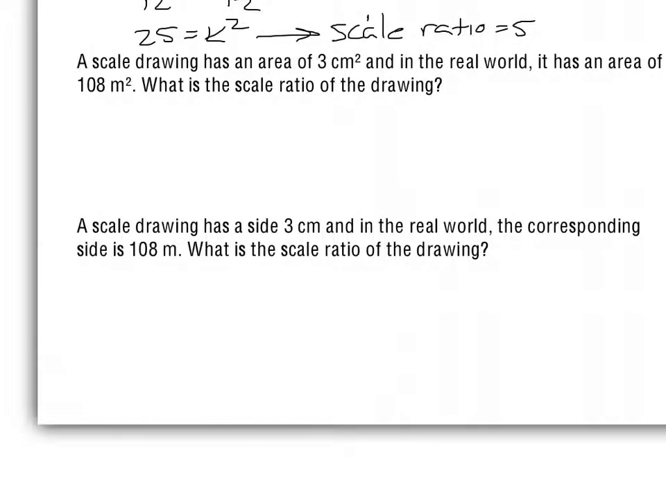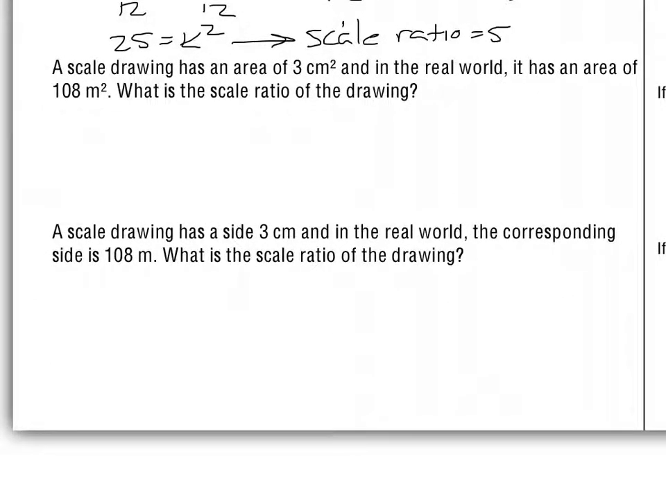Alright, a scale drawing has an area of 3 centimeters squared in the real world and an area of 108 meters squared on the scale drawing. So what is the scale ratio of the drawing? So again, we're looking for the scale ratio here. And when we see this, again, we have the area of the real world is equal to k squared, we can just call that our area ratio, times the original area, our scale area. So this is our real world here is 3 is equal to,